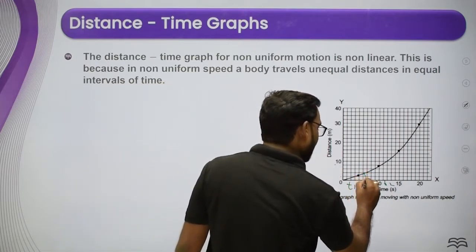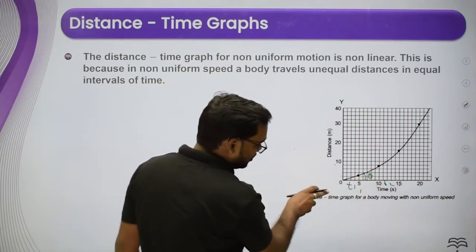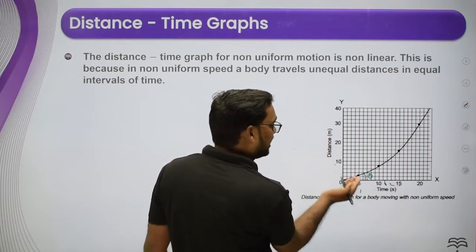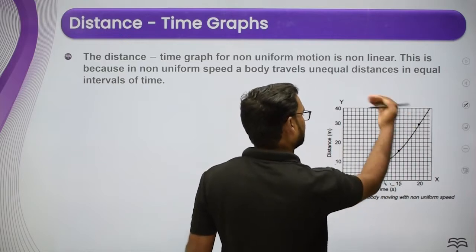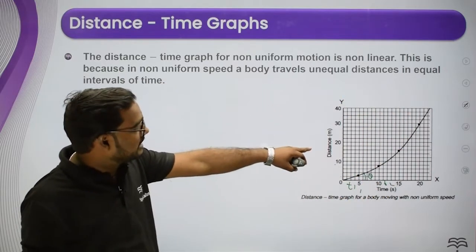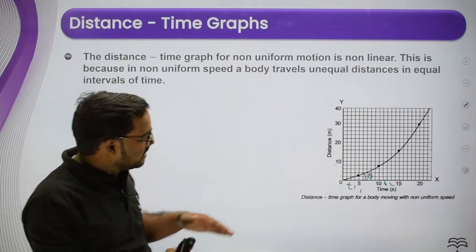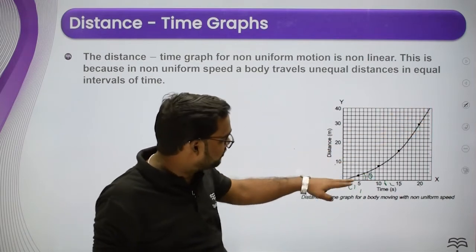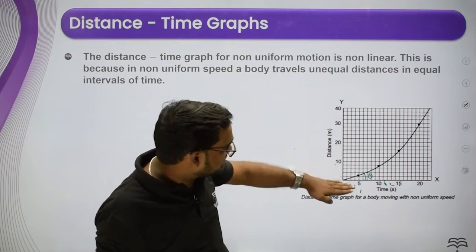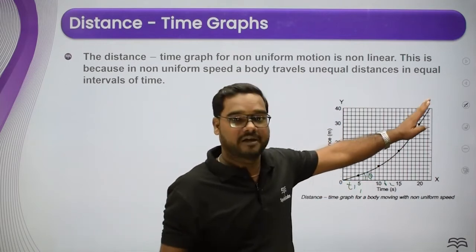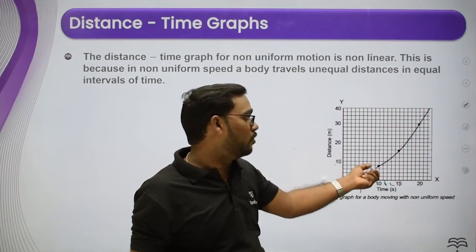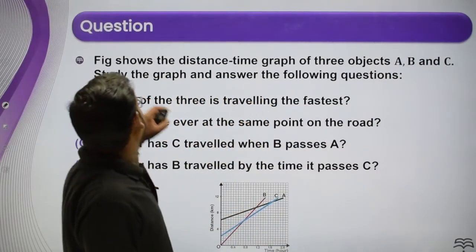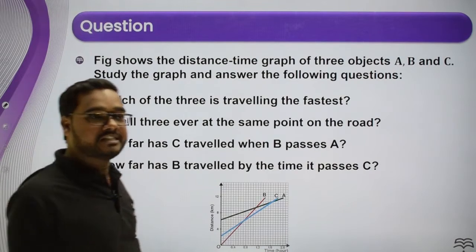If you say that this is the theta, as time is going on, the graph of distance and time is shifting towards the y-axis, or towards the distance axis. So you can say that the acceleration of the particle is increasing, because the distance is increasing now. So here it is accelerated motion. It represents positive acceleration. Got it?